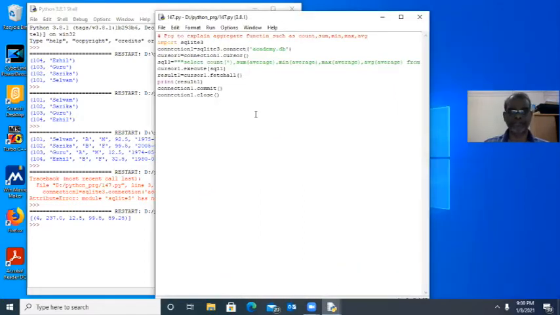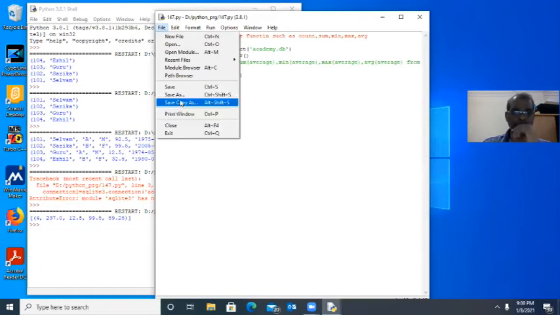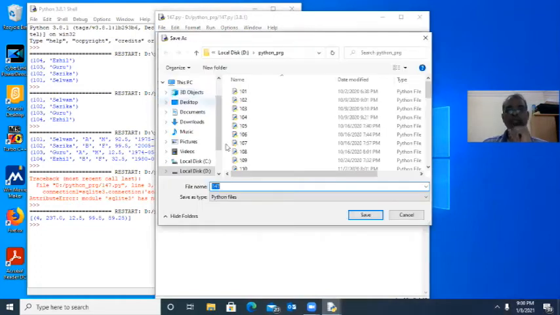Now you know the usage of aggregate function. Now we will go for one more program to explain group by.